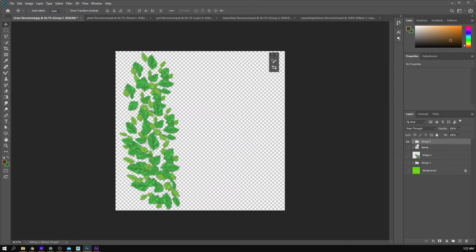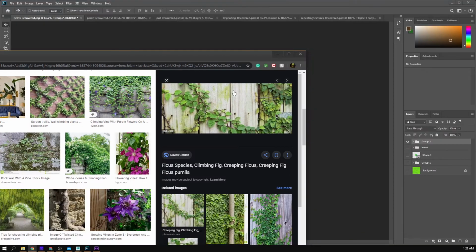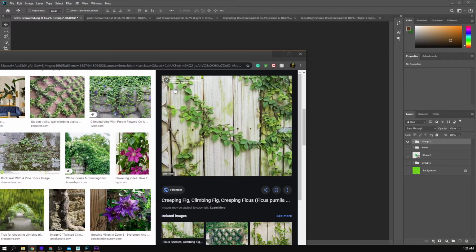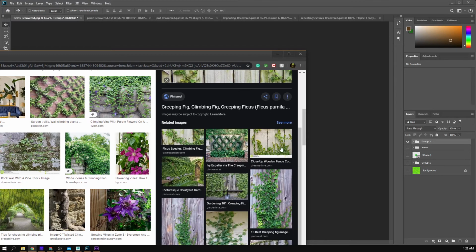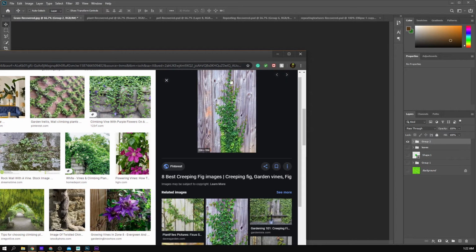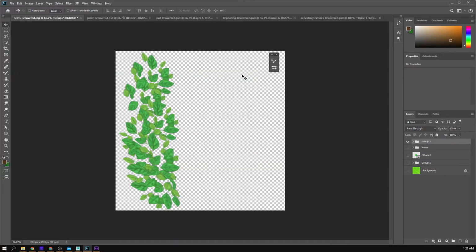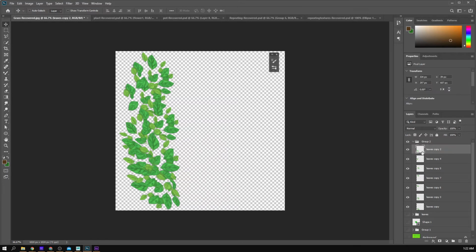I could break this up by giving it a bit of a curve, because vines do that. So if I look again at my reference, they kind of do a swooping motion, right? Even if they're going something like this, which I'm going to do another one that does that, that's kind of how they operate. So if I were to mess around with these as well,